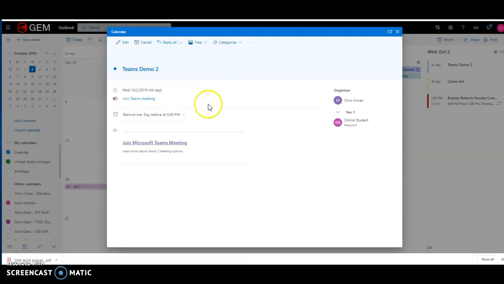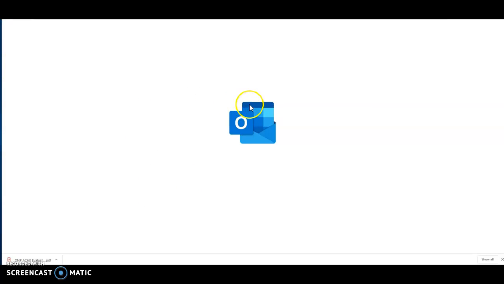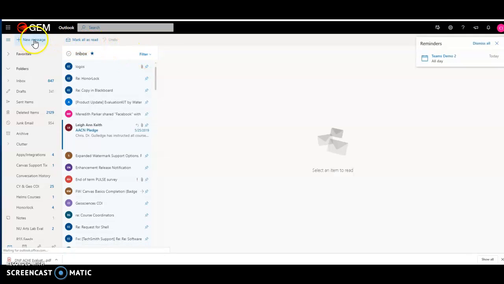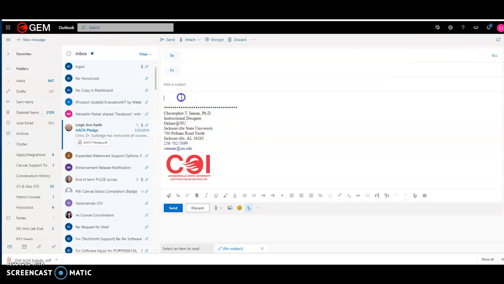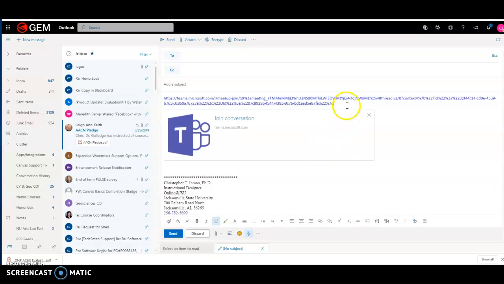And to get the link, you just right click here and copy link address. Then you can go to your email or your course. For example, just to show you what it is, if you wanted to paste it in your course, here's the link that I copied when I copied the link address. There it is. So I can also do this,